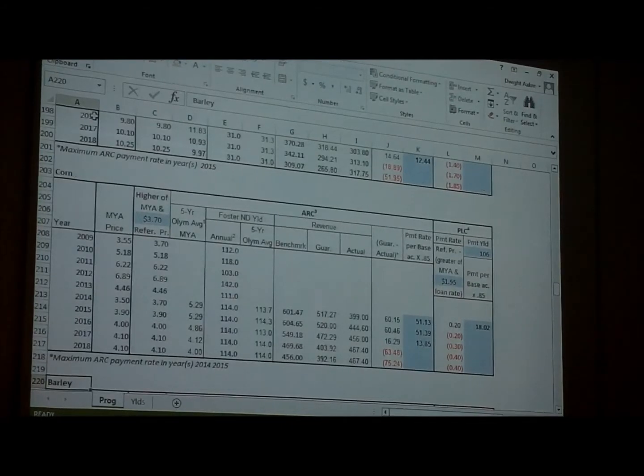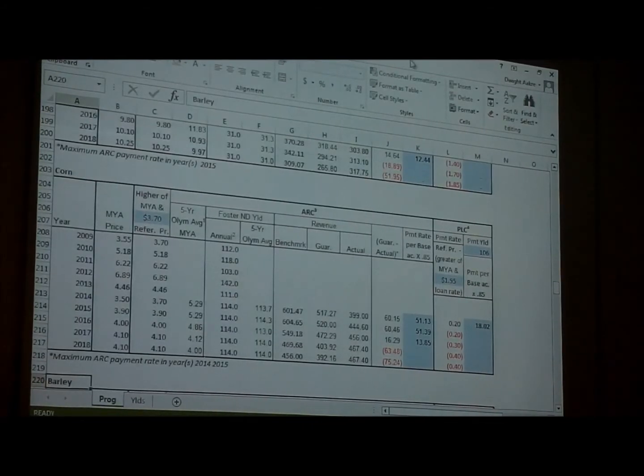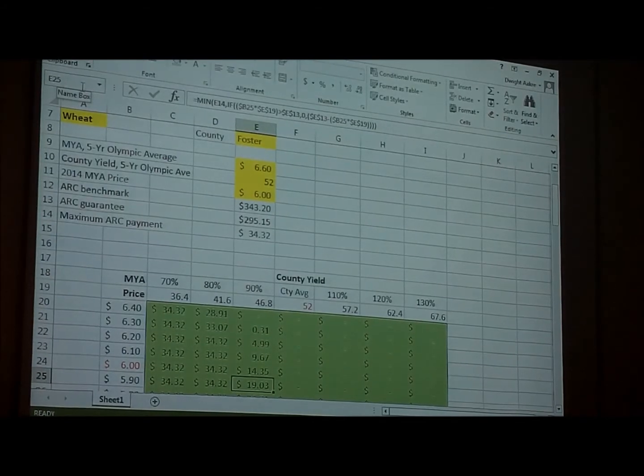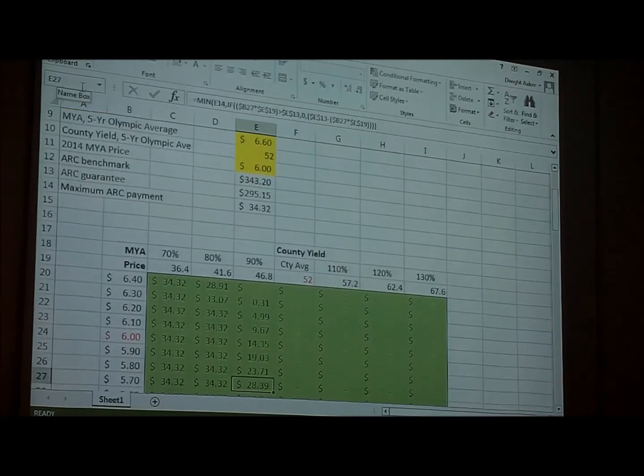But yield is extremely important, so I put together another spreadsheet I want to show you very quickly. I've got 4 different tables in here for 4 different crops. You could substitute barley for wheat if you want. The label here, barley in Foster County, doesn't have any impact on any calculations, but the 3 yellow blocks up